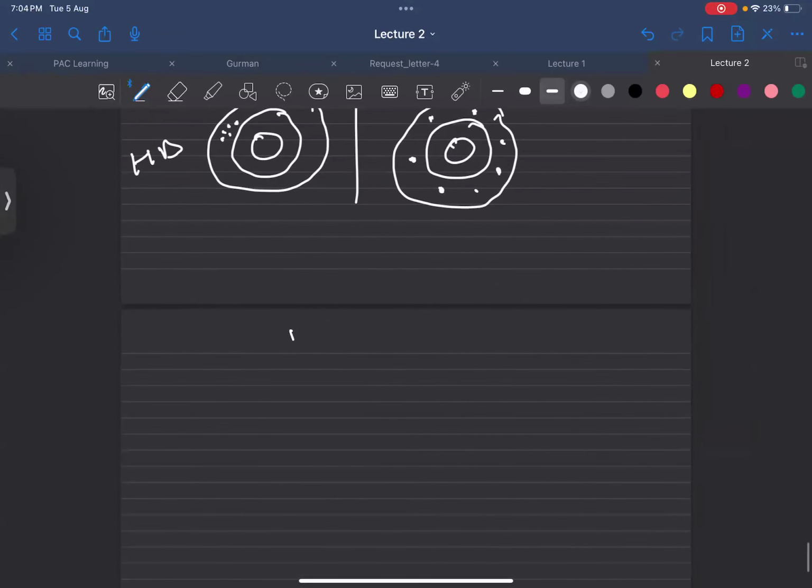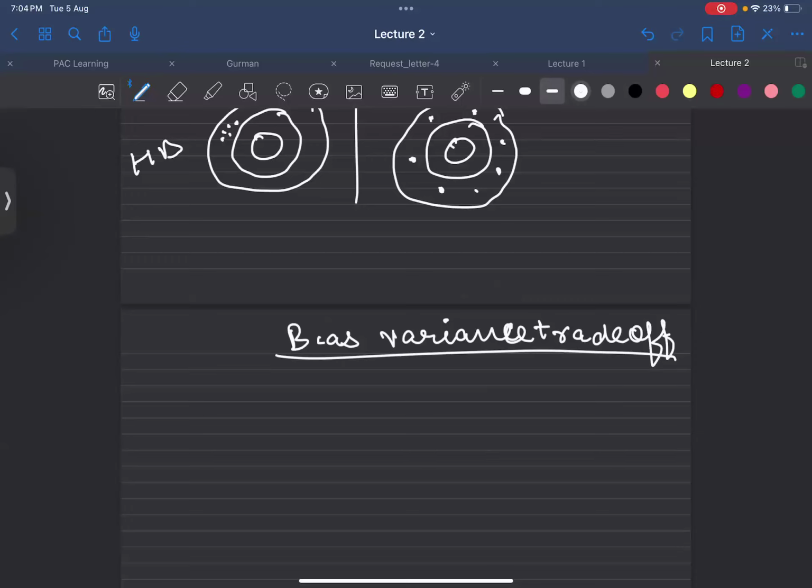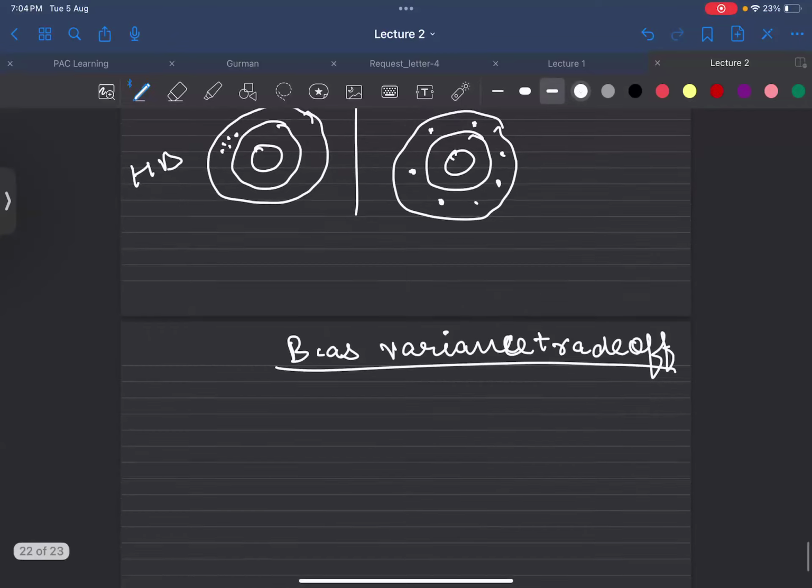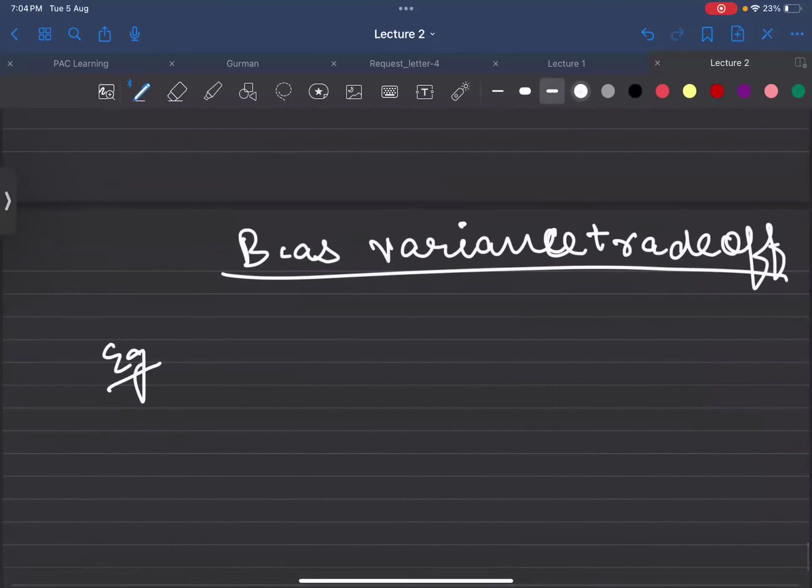I'm going to explain underfitting and overfitting first, and then bias and variance. Underfitting and overfitting we have done in the last class. Can someone explain what underfitting is? We discussed it in the last class. Underfitting, training was not good. No, ma'am, training was not good, but testing was good, we can say. Okay, I'll come to that, training and testing. A very simple example. I took underfitting in the last class also.